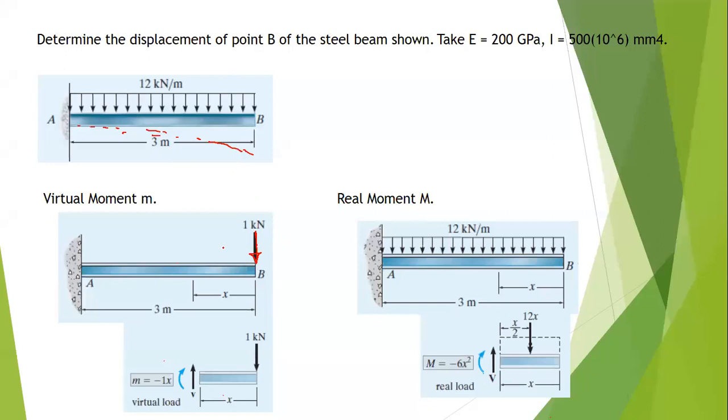And from this, we need to set up our equation for virtual moment. We can set up any origin, either from A or from B. In this case, it would be a lot easier if we are going to reckon from point B. So now we need to set up this expression, and from this, we can see that the moment is simply equal to